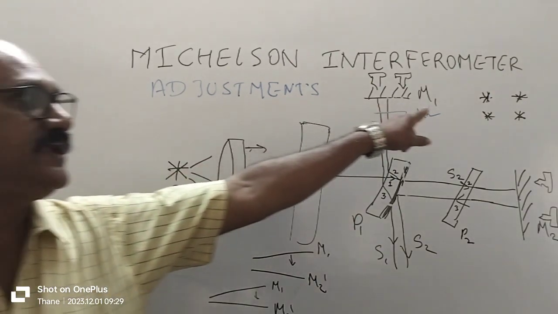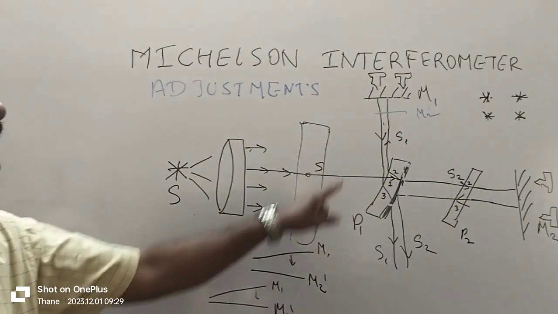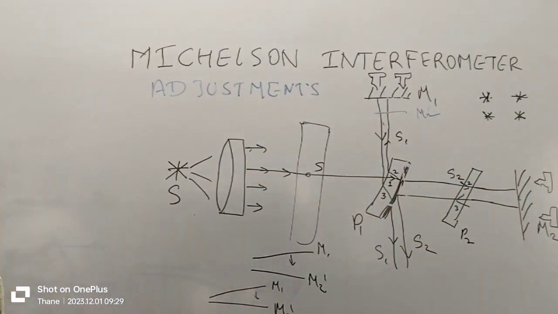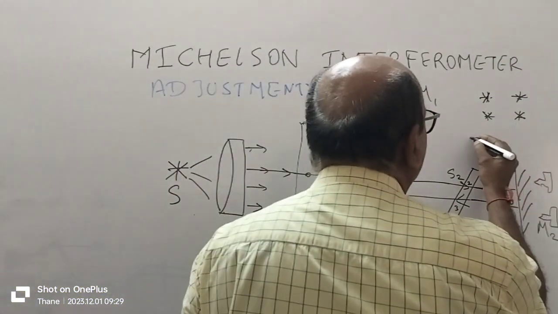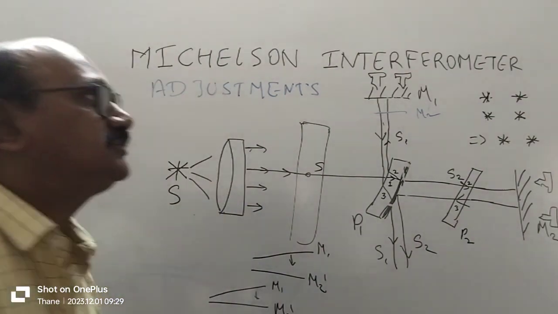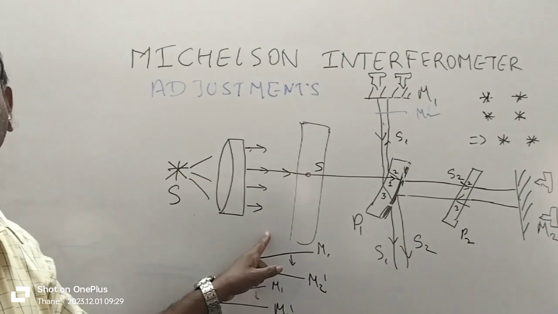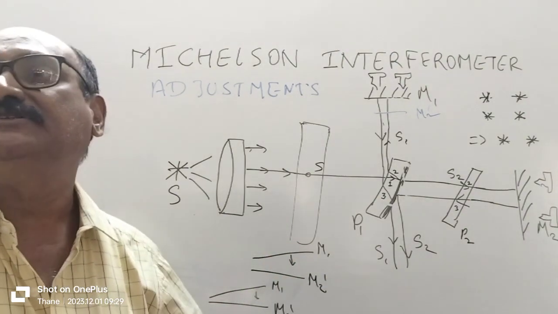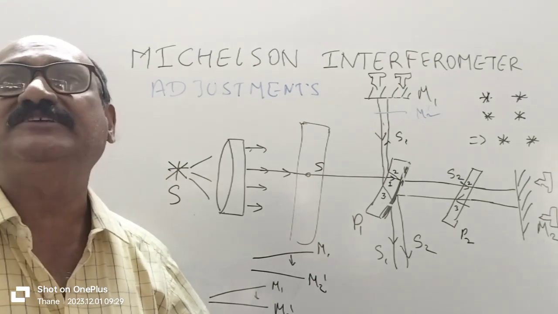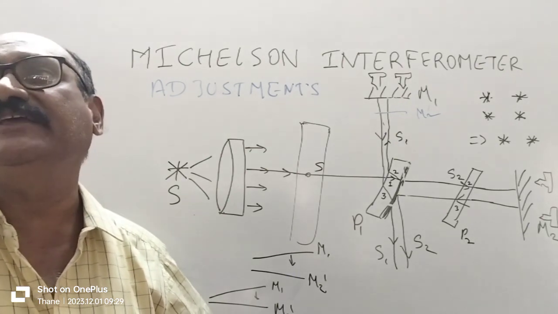Now here you are getting the four images of the pinhole. If you adjust the screws behind the mirrors M1 and M2 and make them nearly parallel, you will see that these images are merging into each other and you will get two point sources instead of four. At that time, if you remove the cardboard, you will get straight line fringes in the telescope. So you cannot locate which fringe is at the center. So you have to locate the central fringe first.